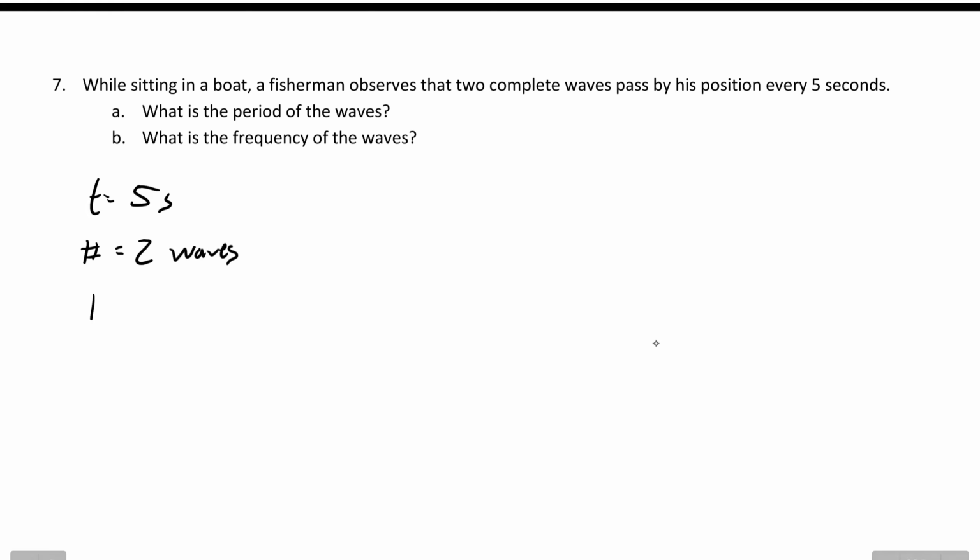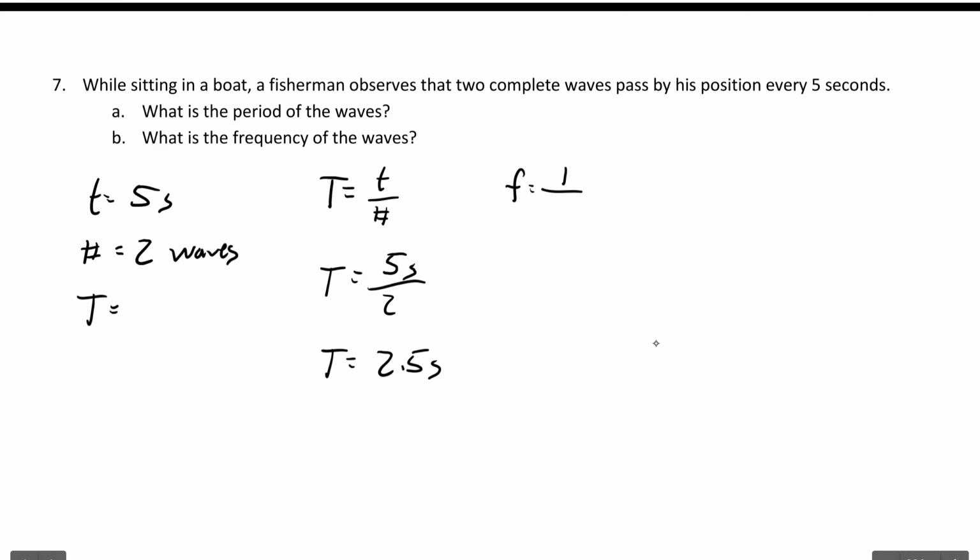So what is the period? That's going to be the time per number of cycles. So you could write it like that if you want. 5 seconds over 2. So period is equal to 2.5 seconds. It takes only 2.5 seconds for one wave to go by. And the frequency is the inverse of that. 1 over 2.5 or 2 over 5. So the frequency is equal to 0.4